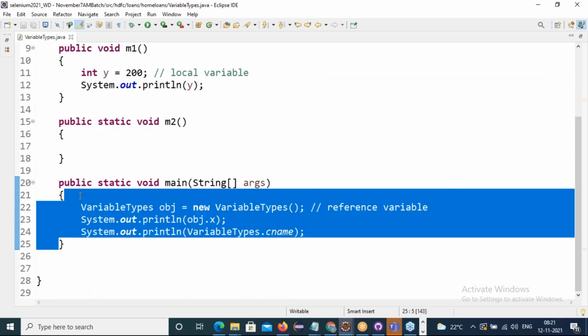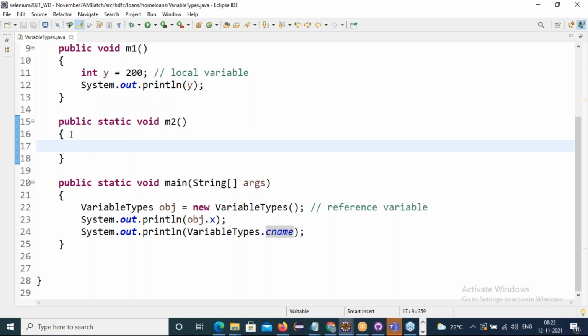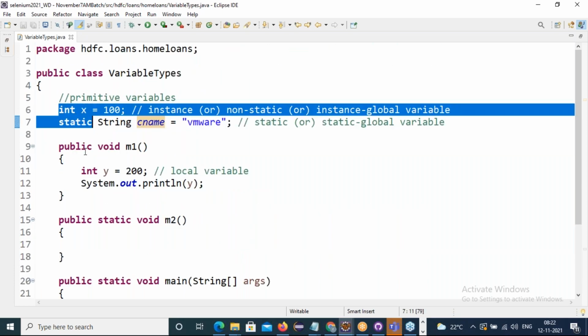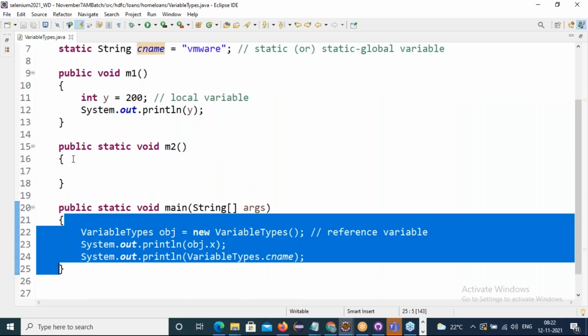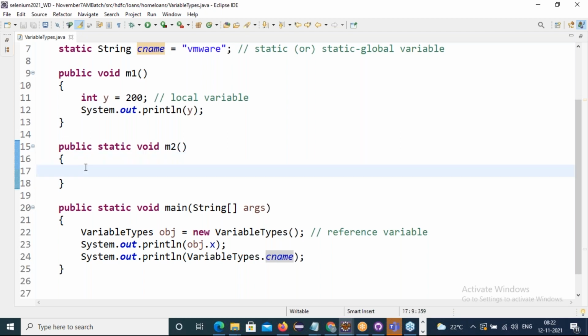If you understood this concept of how we access them, you could give the answer as well. Now tell me, how do I access the instance variable X inside this M2 static method? As everyone knows, instance and static variables I can access anywhere. I accessed here, and I can also access here as well. How can I access? Tell me. By using a reference variable. We must create an object, right? Yes.